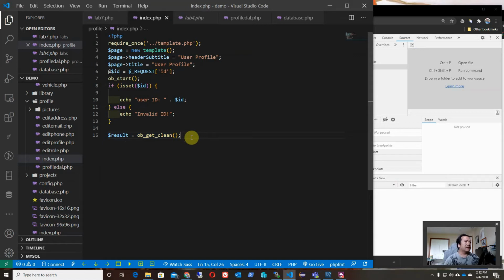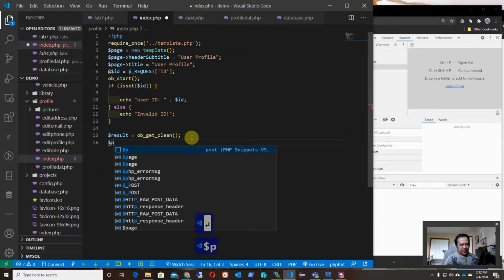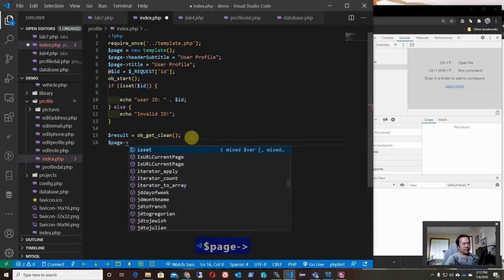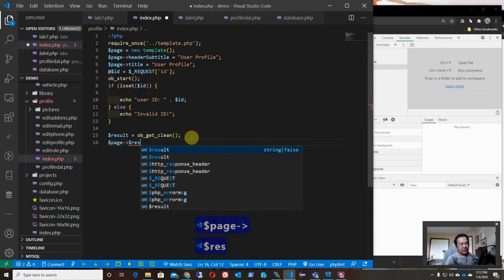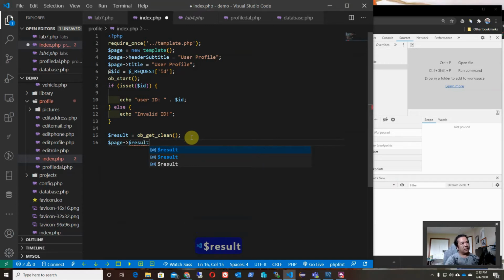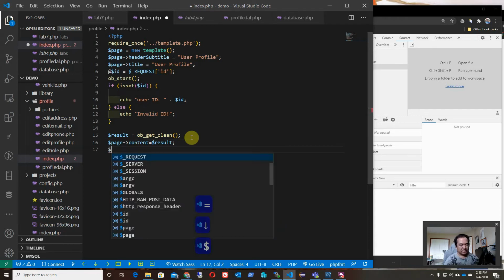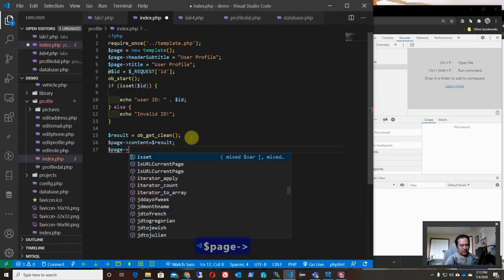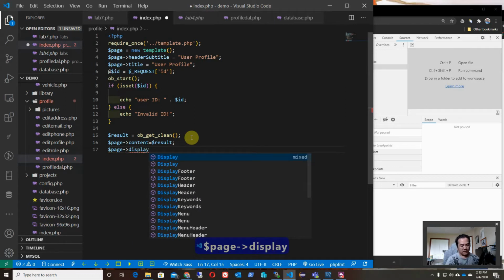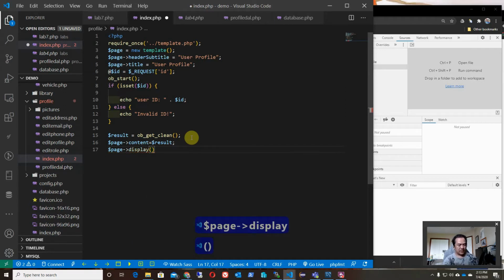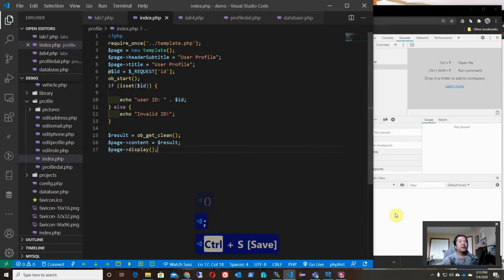Okay, so since result equals OB that get clean, we go page equals result. Right? Oh, page content. You can't forget that. And then we'll say page display. Right, and now let's go